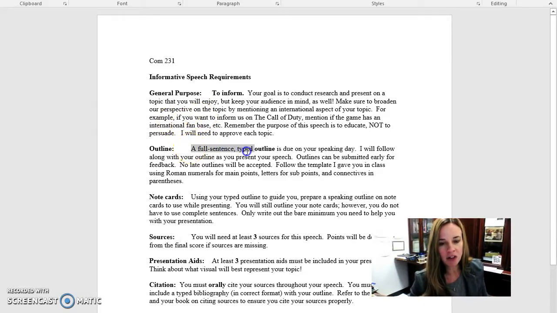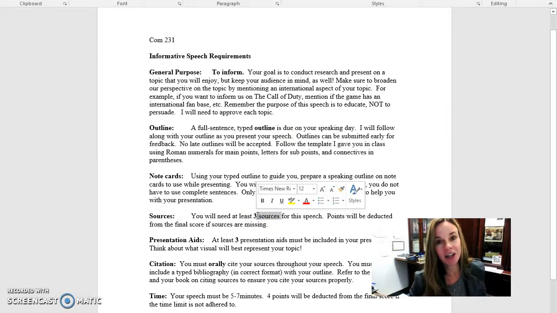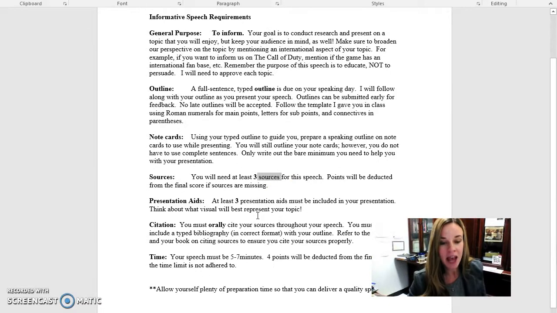Remember that you will need to submit a full sentence typed outline when you submit your video. So you will submit the outline in Moodle and then the video in Connect. By looking at your typed outlines, I'll be able to figure out if we're on the right track with the speeches. Remember, you will need at least 3 sources, and these sources need to be cited throughout the presentation,